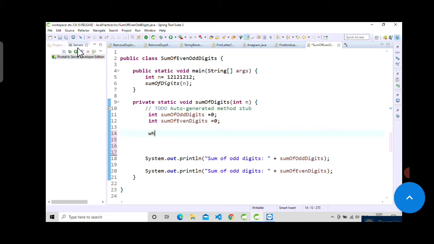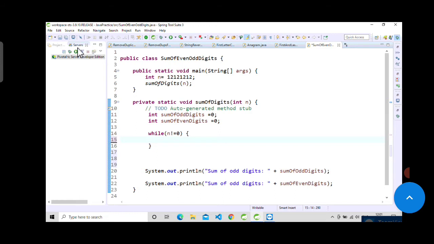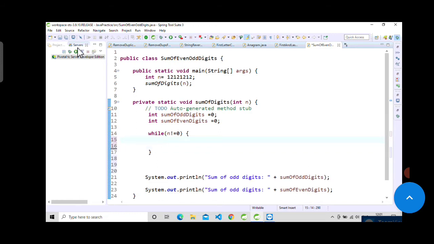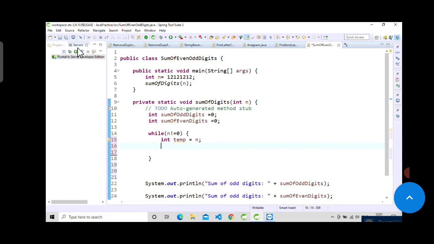First, we will traverse this number till n gets the value 0. So while n is not equal to 0, we will traverse through the whole number. Now consider an int temporary variable, and assign this number to the temp variable. Now modify temp with temp mod 10.